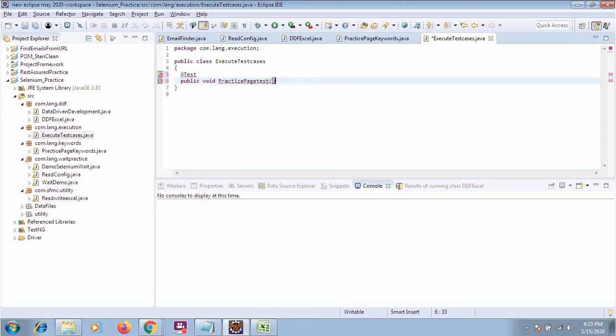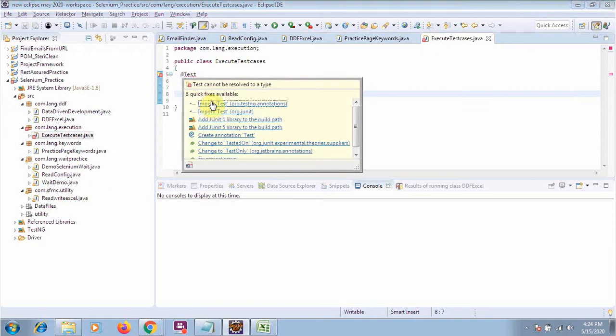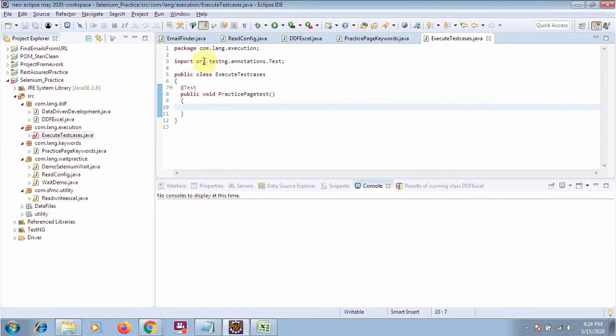Suppose I have created a method. Inside this method, I will do all that stuff, and let me import this TestNG annotation. Always remember you are importing org.testng annotation, not JUnit.